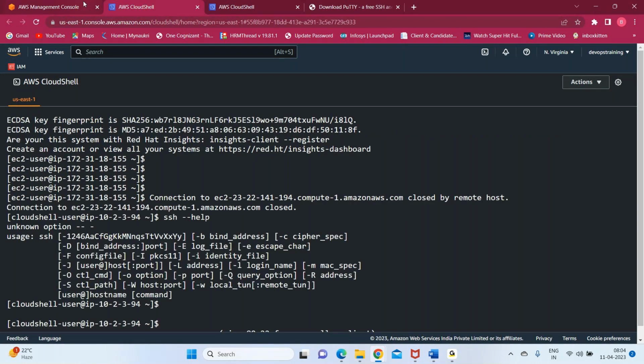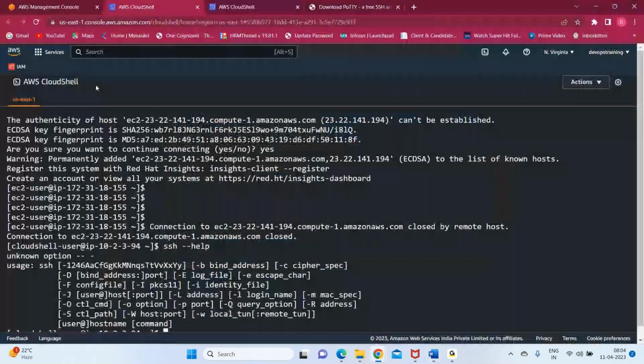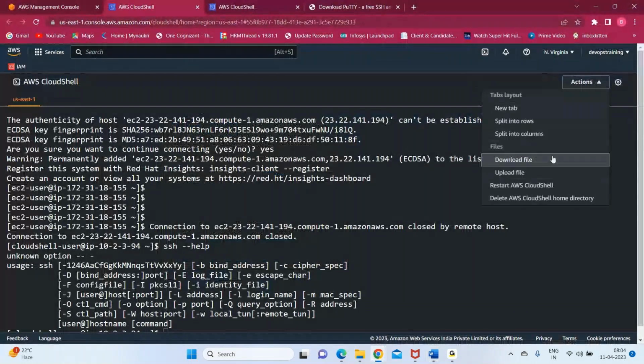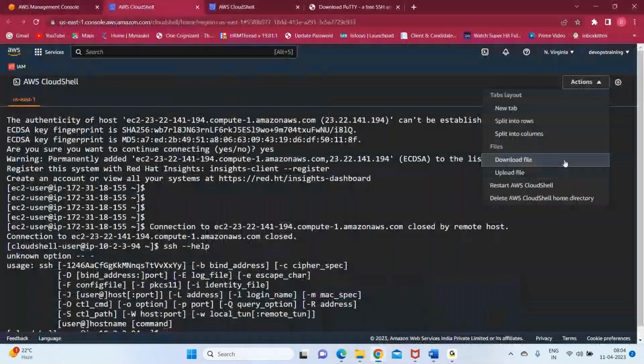Here it says locate the pem file. Where do you locate a pem file? You can locate a pem file here. Upload the pem file from here, because it was downloaded in your Windows, right? From your Windows, you have to upload this pem file to this location. Upload it here. Once it is uploaded,